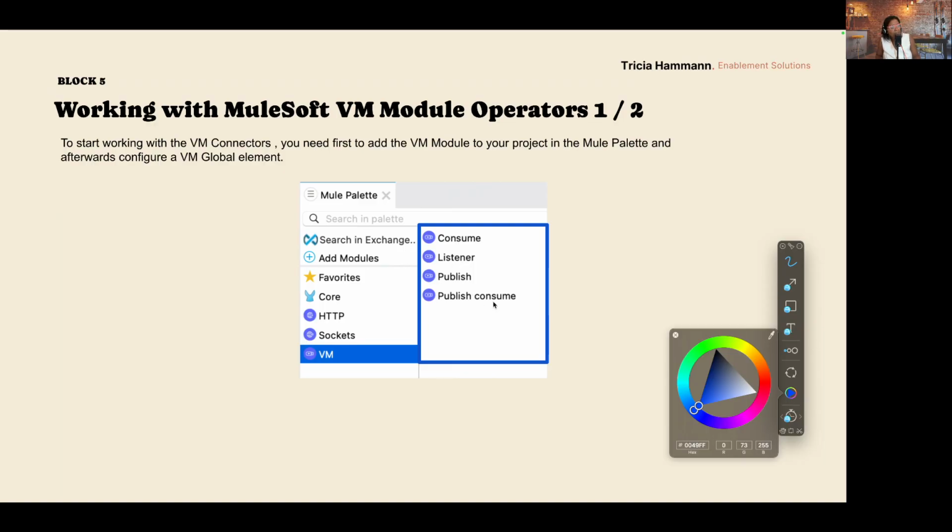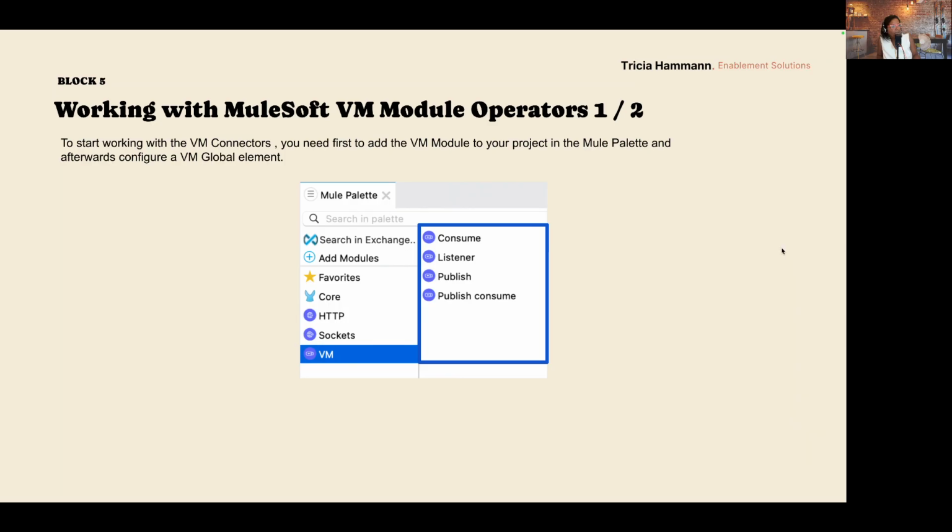And yes, the VM module will offer you four operators. The first one is the listener, the VM listener, and then the consume operator, the publish operator and the publish consume operator. 4 operators, okay, in the VM module.